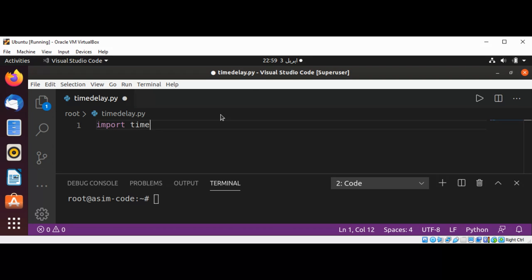a while loop, while True, and print our message, print hello world,